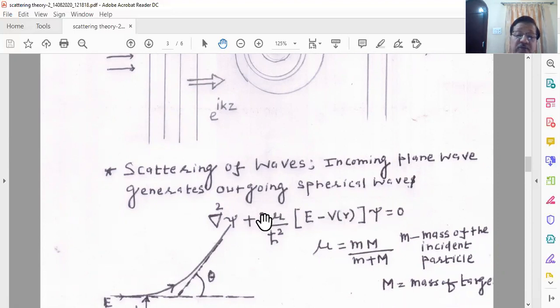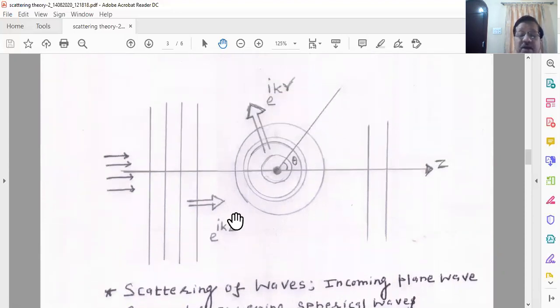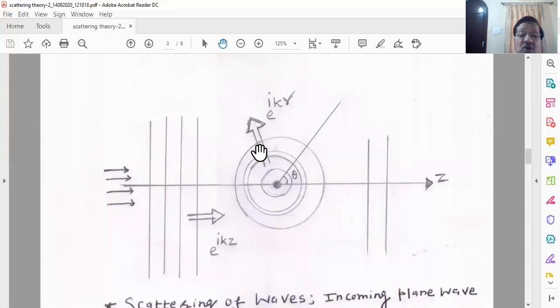So we have this Schrodinger wave equation, and the eigenfunction psi is the solution which we would like to find, and we will study its asymptotic behavior, and we would like to detect it. So you see, I have the incident beam,